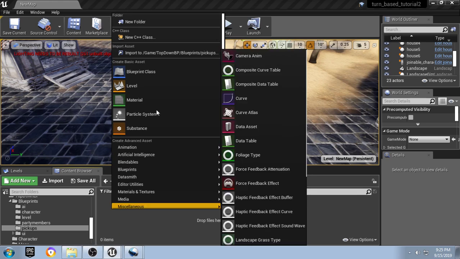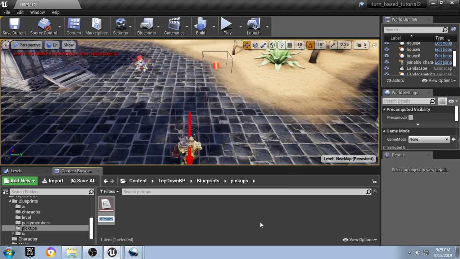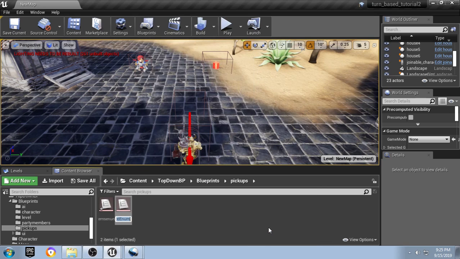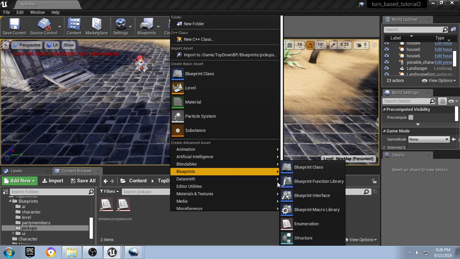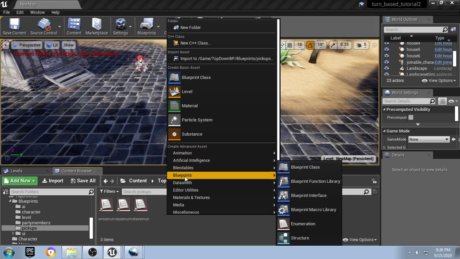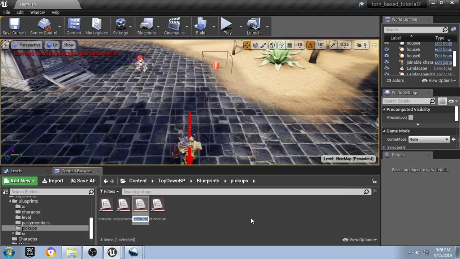So let's create one called items enum, and then we'll create another one called keys enum, and another one called potions enum, and another one for weapons. Okay,